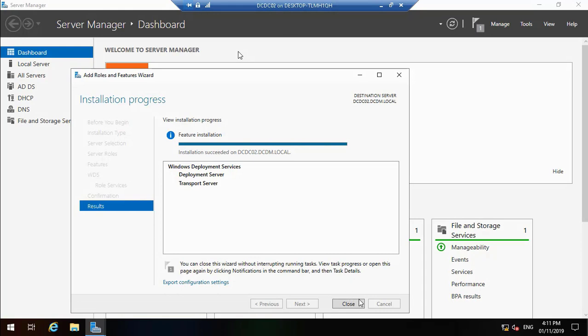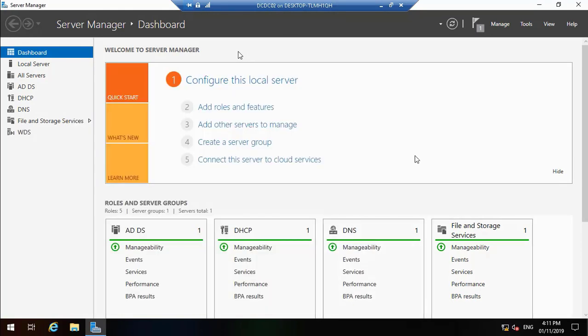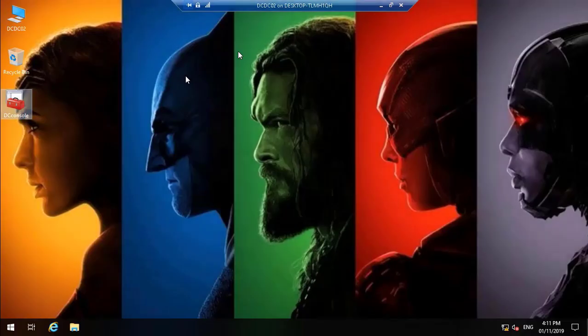Anyway, it's already installed, and now we will add the Microsoft Deployment Services. Sorry, it's not Microsoft Deployment Server, it's Microsoft Deployment Services. Okay,